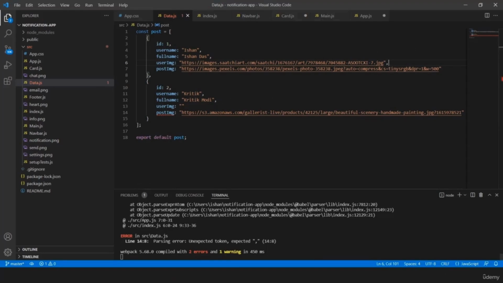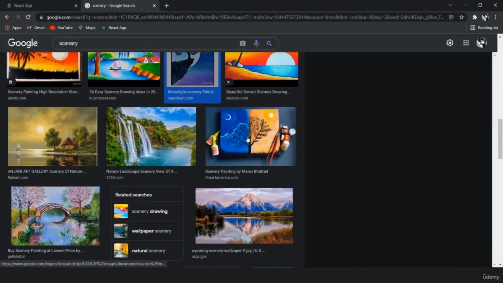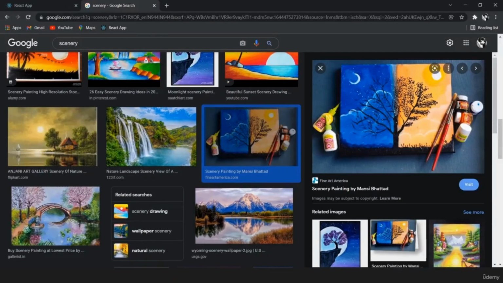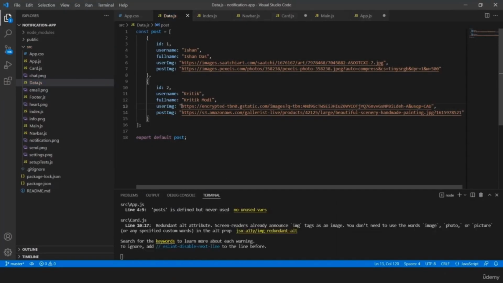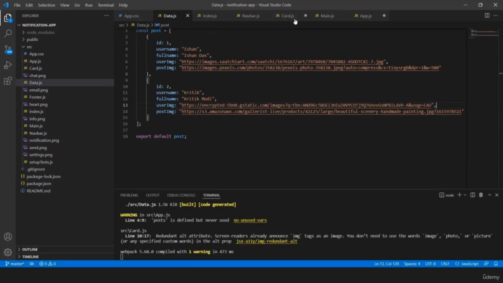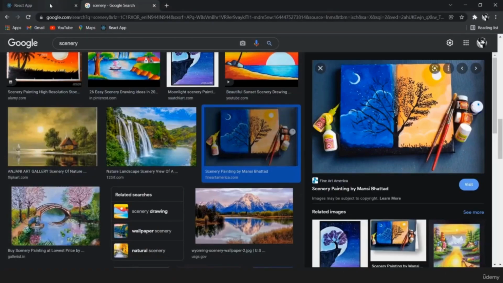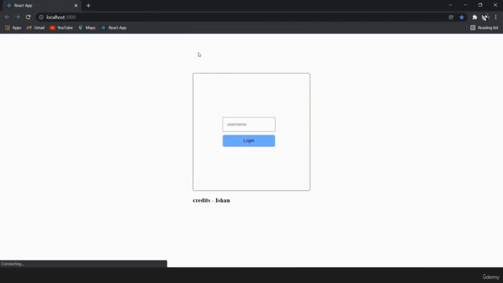We also need to give one more image. So let's do this for this image and paste it here. Now when we save this, yeah. Now the next thing that we're gonna do is we'll go to our card.js file and instead of post image, let's give it user image. And now when we save this, we can see, let's delete this, and yeah, now we can see